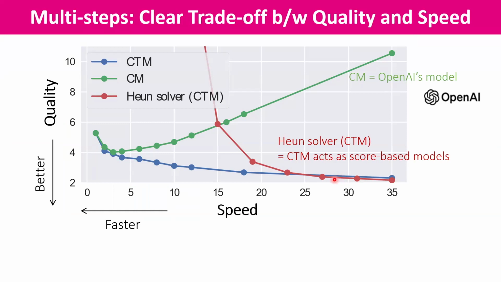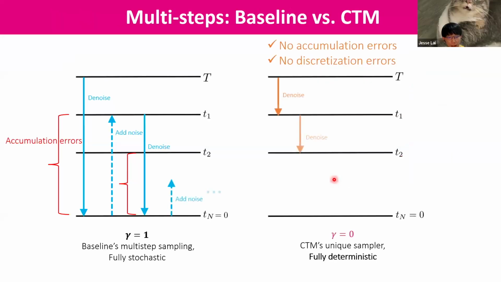My question is, in the EDM paper, the author mentions that adding noise sort of eliminates the approximation error made by a neural network. So sometimes stochastic samplers are better than deterministic samplers. How do you connect that?